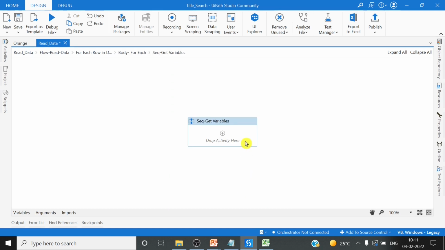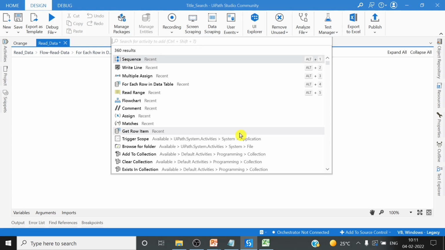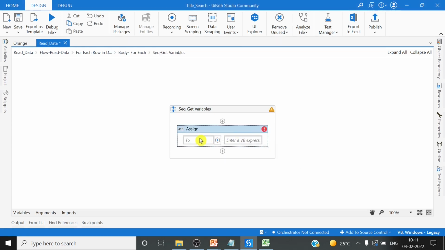Go inside the sequence. Take one assign activity, Control Shift T, Control K, and what we need is,